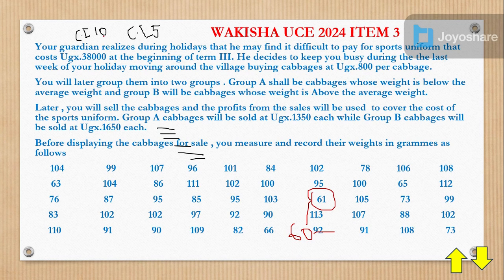The class interval here is specifically 10. Since you're using a class interval of 10, you must know the range. You say 10 minus 1, that will give you 9. So class interval minus 1 will give you a number there. For here I have a 9. If it is 5, it would be 4. Then you add the 9 to the starting value which you have gotten,